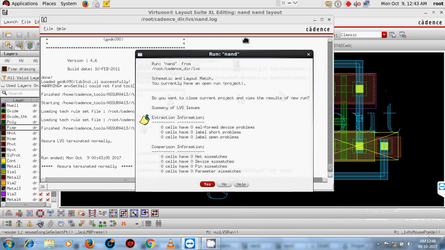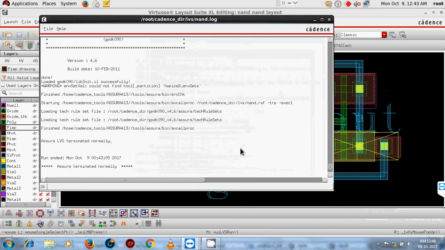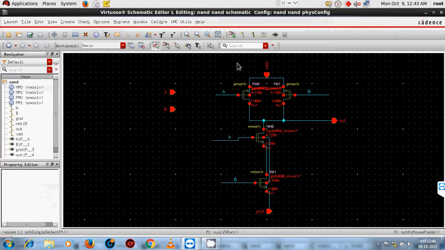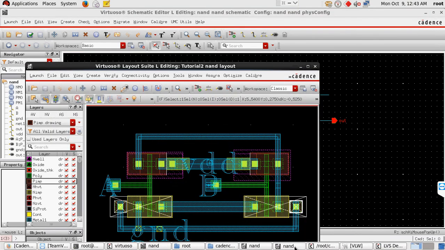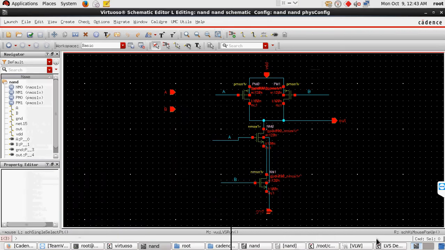Okay, this is done. There is no NVLVS error. This is fine. It shows that okay, completely match. Now, okay, now move to